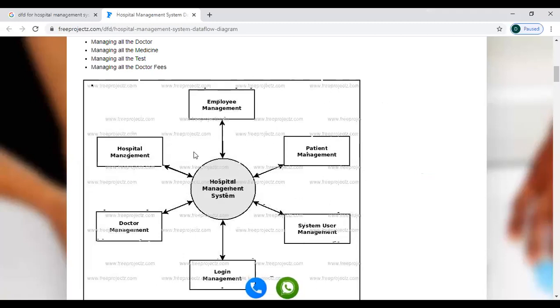Here we have one symbol, that is the hospital management system. This is the hospital management system process. What is the hospital management system here? It is one project: how the records of the hospital will be maintained.